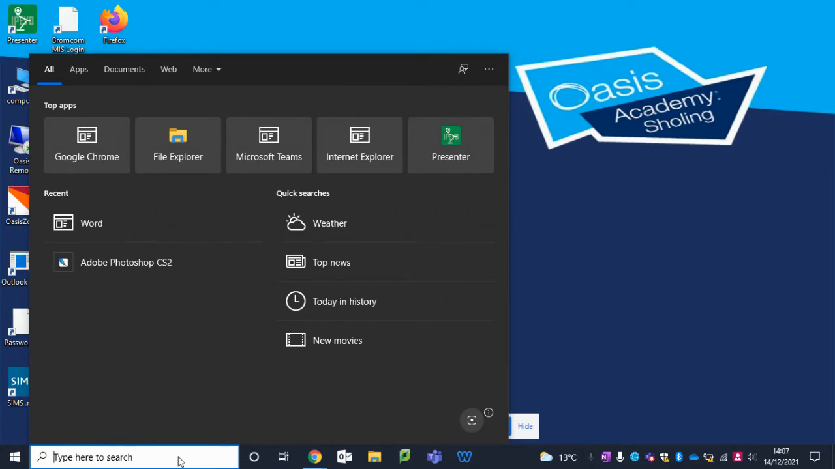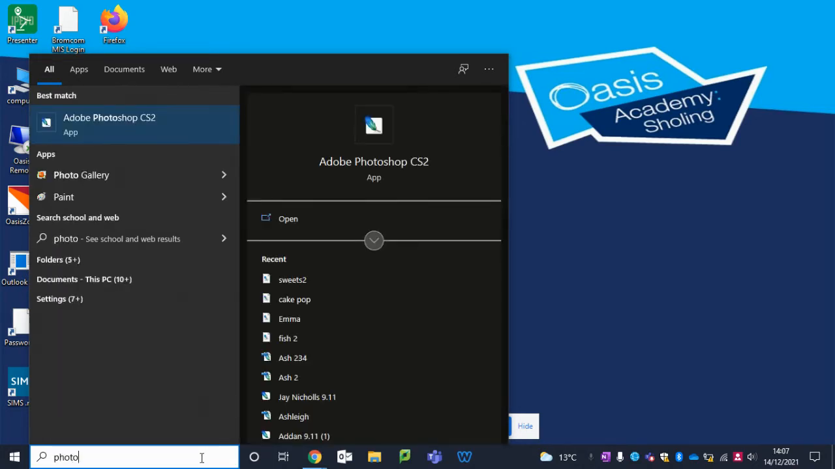Okay guys, girls, here is how to create a contact sheet in Photoshop. So first thing that you need to do is go down here and open up Photoshop CS2. This is the one that we've got on the school computers. So double click on that